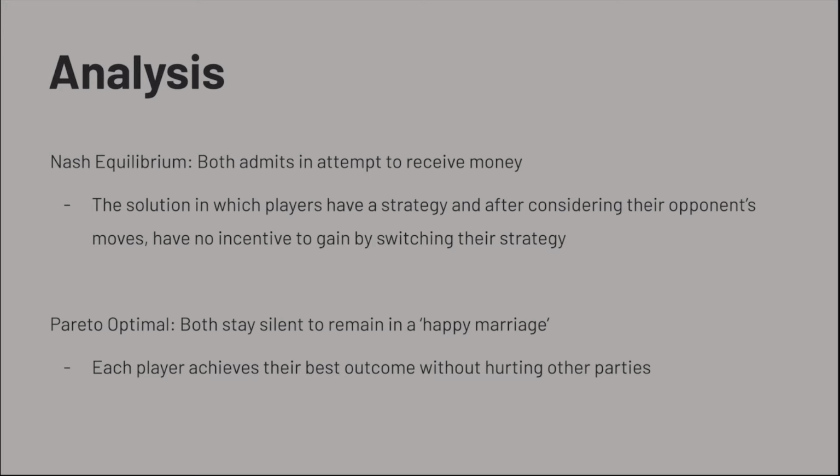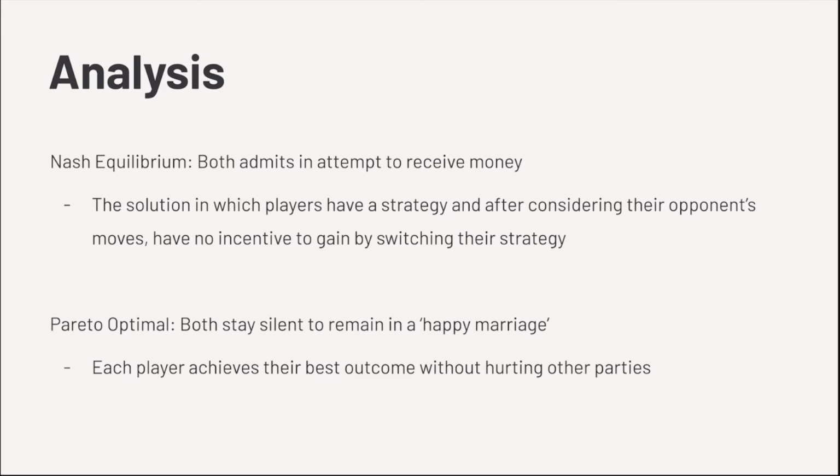The Nash equilibrium would be their best response, as both Zayden and Ferris admit to cheating, resulting in divorce, which impacts both of them equally. The Pareto optimal outcome would be that neither Zayden nor Ferris admit to cheating, which results in a couple staying happily married. Even though the Pareto optimal is in theory the best decision in any prisoner's dilemma, in reality, the Nash equilibrium is a more commonly seen solution as compared to the Pareto optimal.